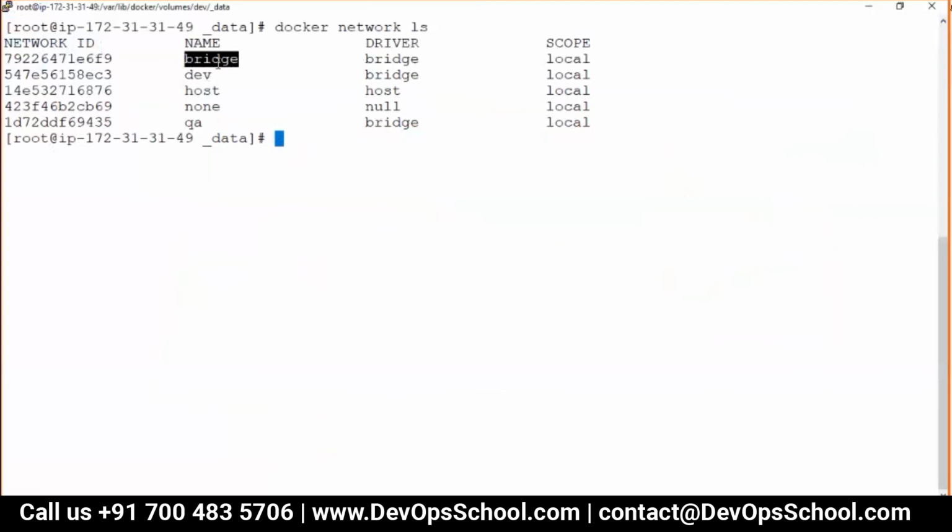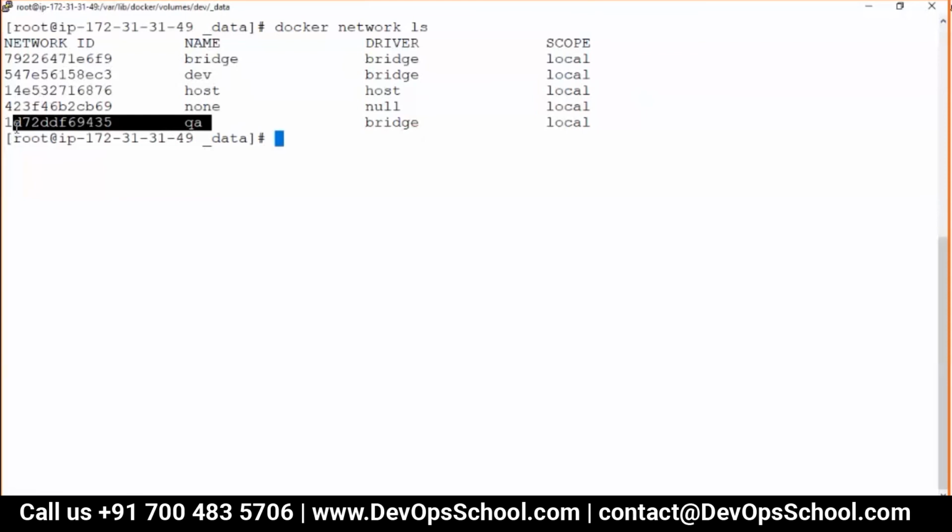You cannot delete it. You cannot modify it. But here, these are the things you can modify. This is mine, right? I can do whatever I want. I can delete, I can create, I can modify whatever I want. Make sense, guys? I cannot modify once it's created, but you can delete and recreate one more time with the customized option.